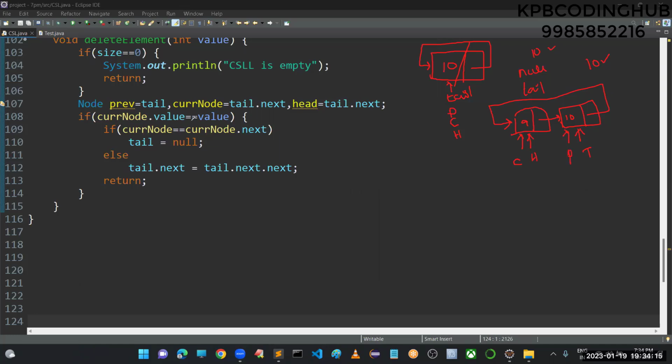Is current node dot value equal to value? Is the current node value the same? No, current node value is not the same. That means we have to apply some other approach. Okay,